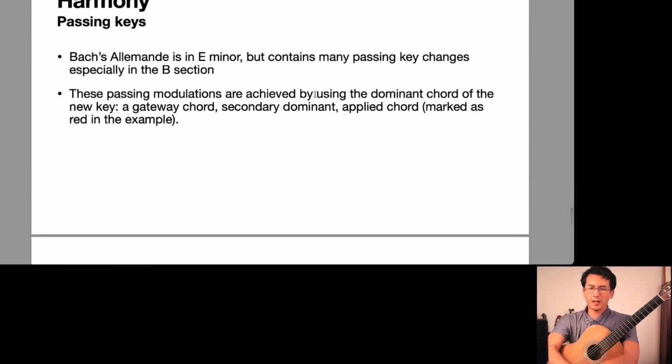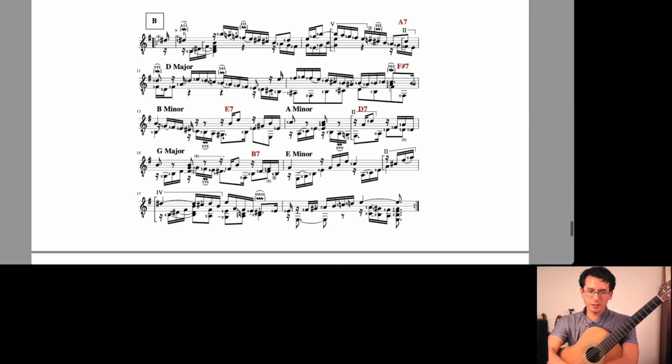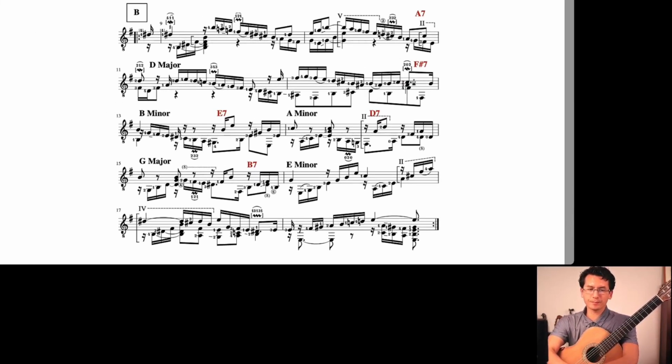And finally, harmony. So Bach uses lots of passing key changes, which we talked about, tonicizations or passing modulations, especially in the B section or even in the A section. In both sections, he does change keys using the gateway chord, the secondary dominant. So I marked those in red in the B section here. We go